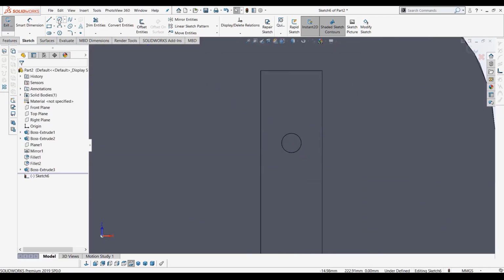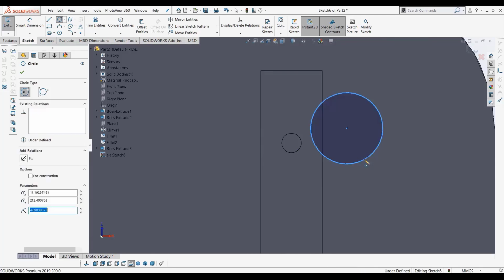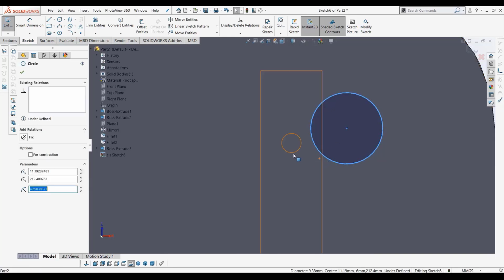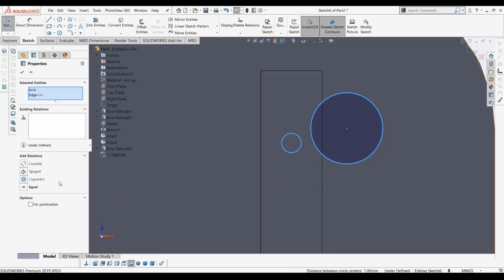If I don't draw the center of this circle, you see what I need to do. I hold down the Control key and select this circle and this circle. I select these two together, and you can see how many options come up. Do you want them to be